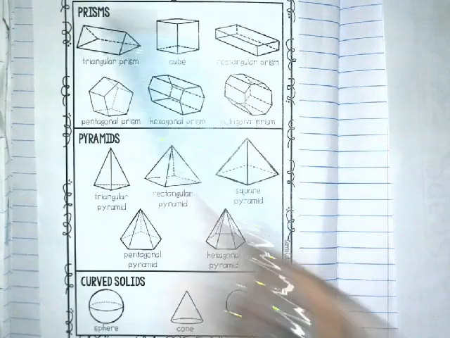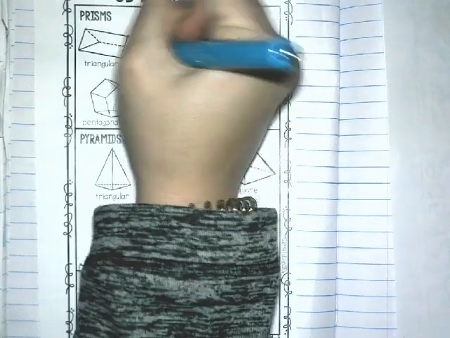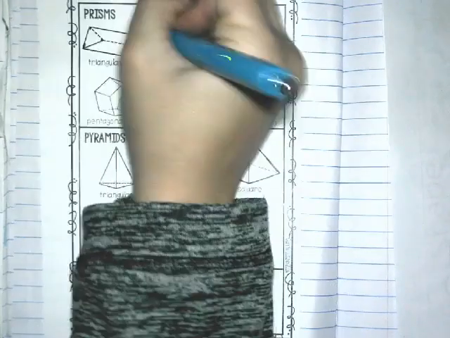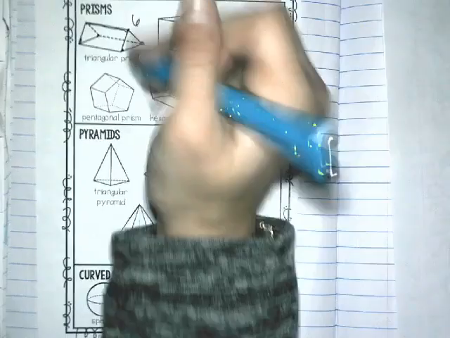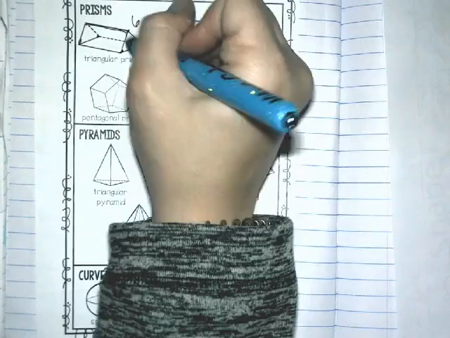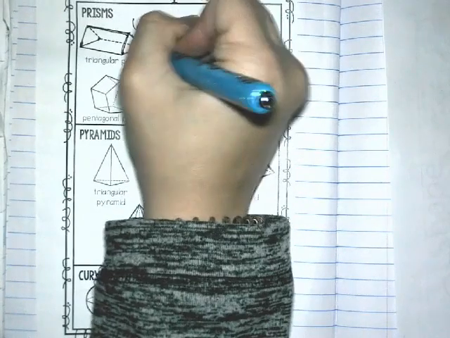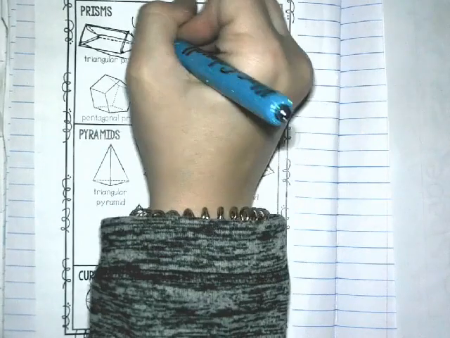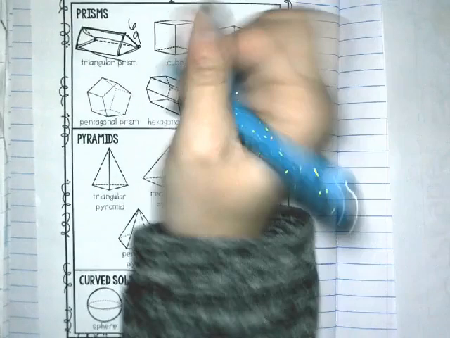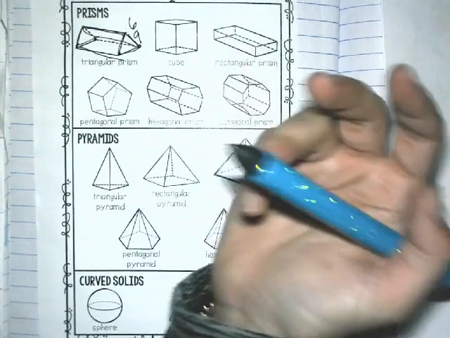So looking at this, they can then point all the vertices and say that this one has 6 vertices. And then they would count all of the lines, which are the edges, and they would say this one has 1, 2, 3, 4, 5, 6, 7, 8, 9 edges. And then they would count the faces of the shape,